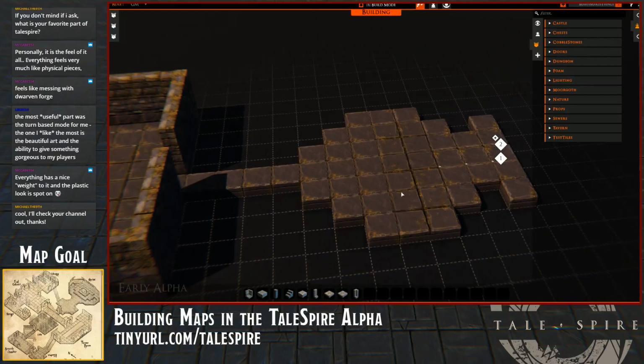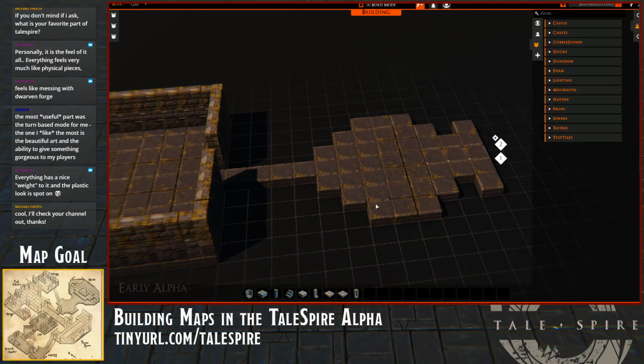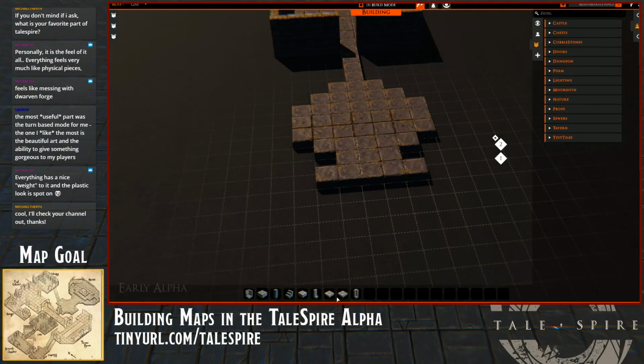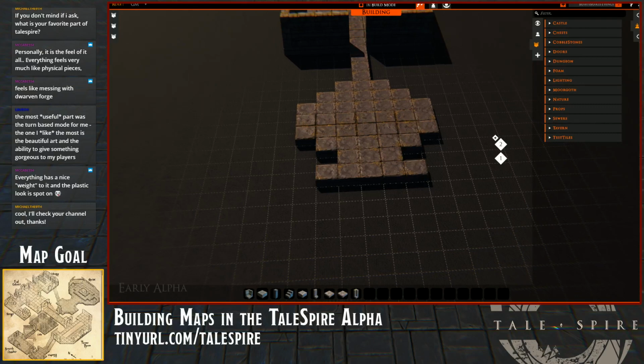Alright, let's see how this winds up becoming as I put walls around it. Let's go ahead and actually floor out the rest of it now that I think about it. Let's see, so we got that, and then